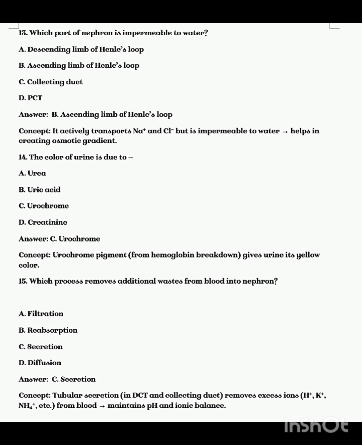15. Which process removes additional wastes from blood into the nephron? A. Filtration, B. Reabsorption, C. Secretion, D. Diffusion. Answer C. Secretion. Tubular secretion in the DCT and collecting duct removes excess ions, H+, K+, NH4+, etc., from blood, maintains pH and